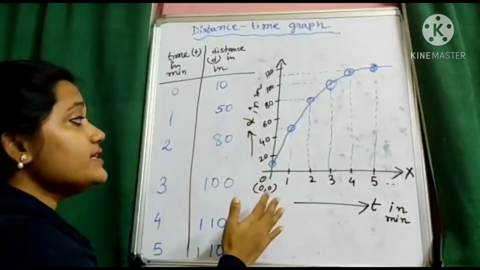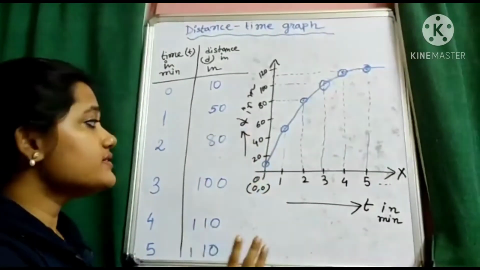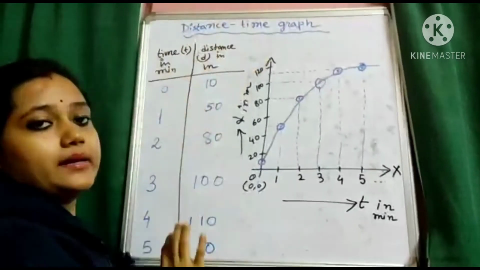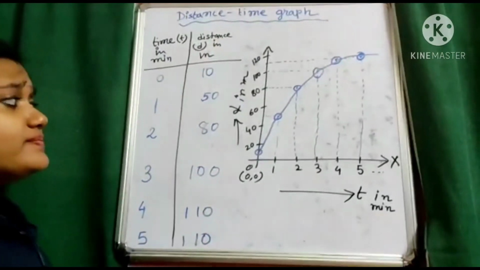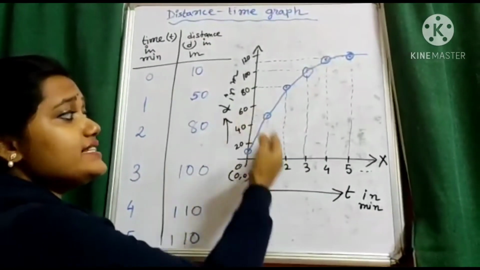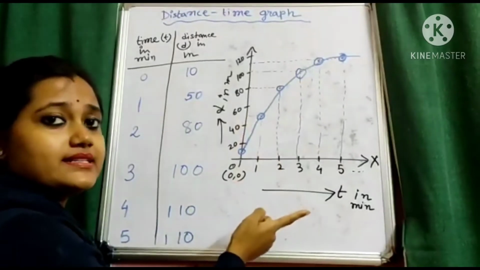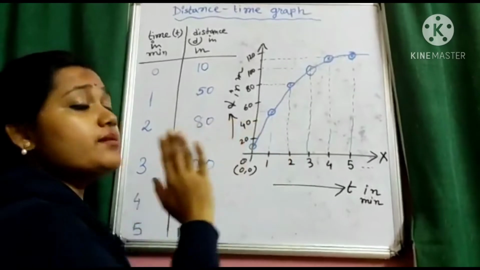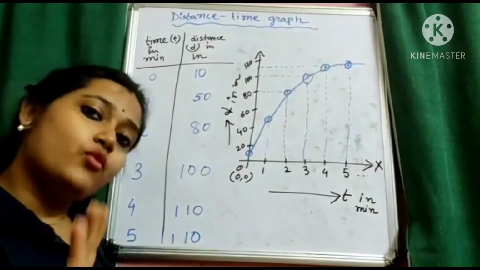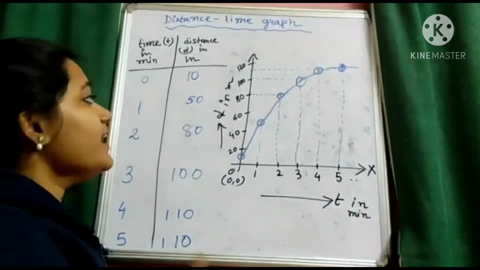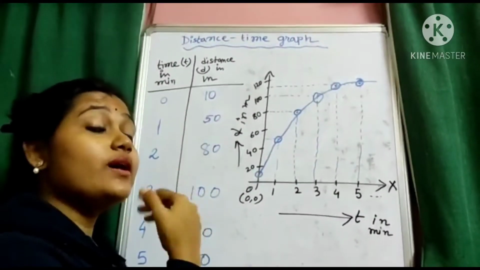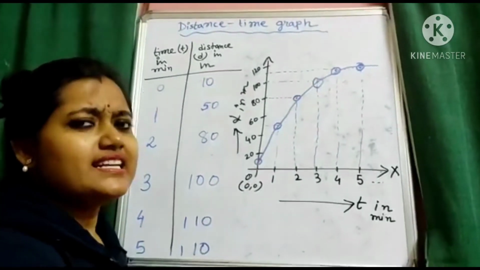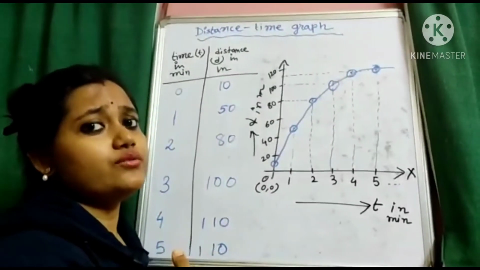Before that, I need to consider which kind of graph it is. This is the d-t graph; here we are plotting distance against time. In this graph, the line is not parallel to the time axis, that is, the body is in motion. This graph represents that the body is in motion. Now when we say the body is in motion, we need to consider whether it is in uniform motion or non-uniform motion.